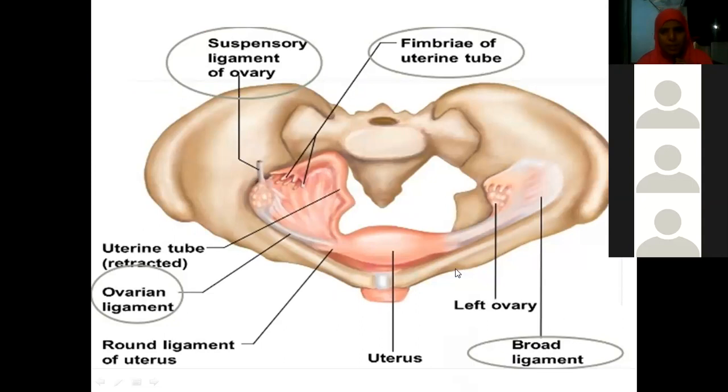Now see, this is the pelvic brim, no? So it is suspending like this, it is springing like this. Suspensory ligament, which is moving at the upper pole and a fallopian tube and then attaching to the pelvic brim like this. Okay, then ligament of ovary will be getting attached to the lateral border of the uterus. Isn't it ovarian ligament or ligament of the ovary? This is suspensory ligament. Okay, such good picture it is.